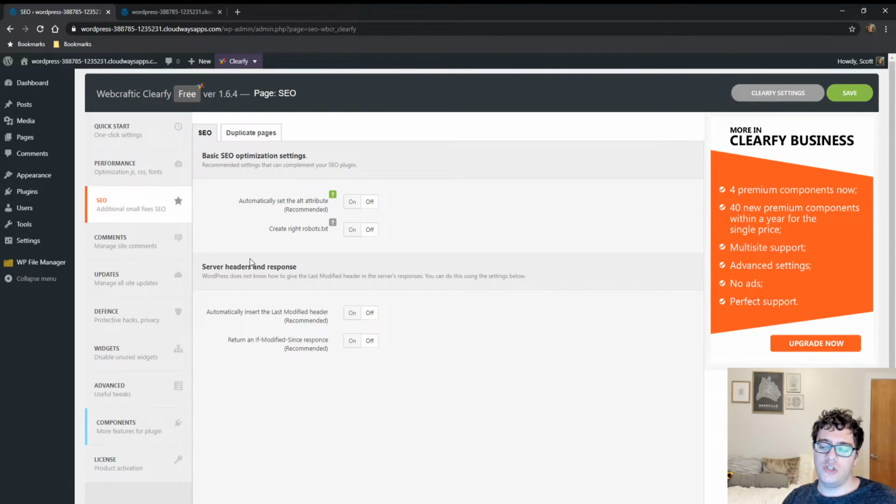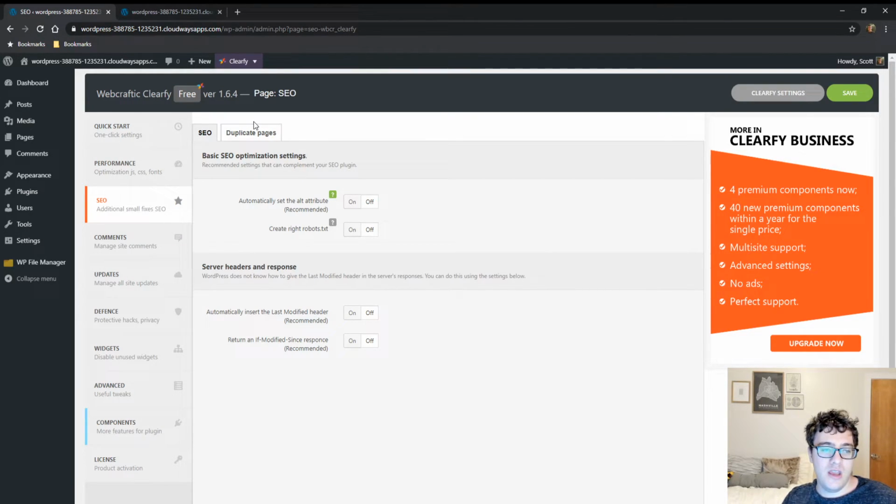If you have a homepage that just shows your blog posts in a nice orderly fashion, what could happen is you make a new post, but the homepage doesn't recognize that as being updated. So the plugin will not update the last modified header, which in turn means your post will not show up on the homepage, but if they go to the post page directly, it'll load like normal. So you can just cause some really weird interactions with your website. And if you're already caching your HTML using a caching plugin or something like Varnish, you don't need this